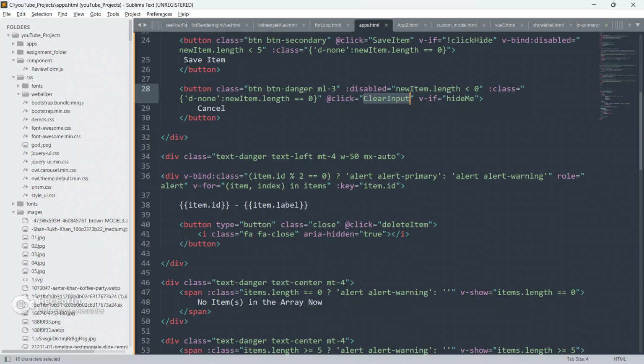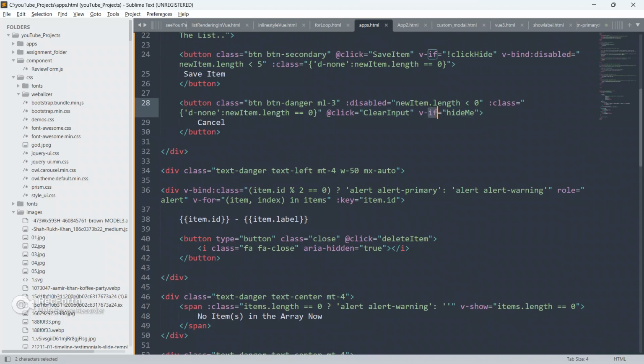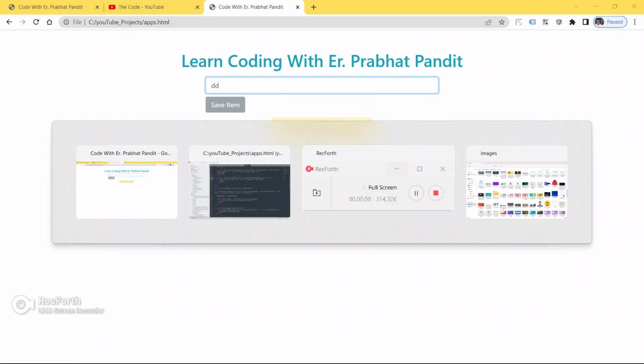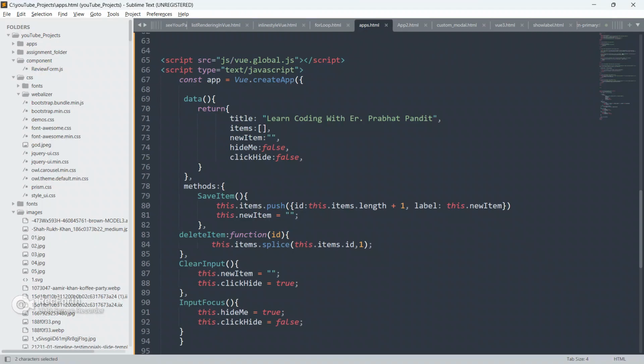Class d none clear input, if new item dot length equal to 0. Let me just check, guys.